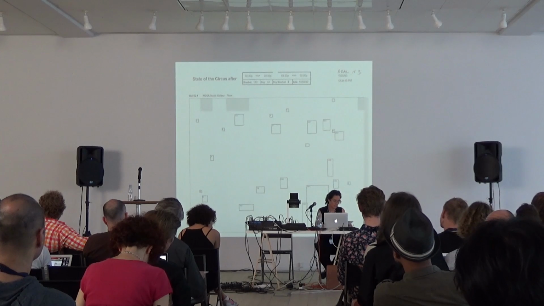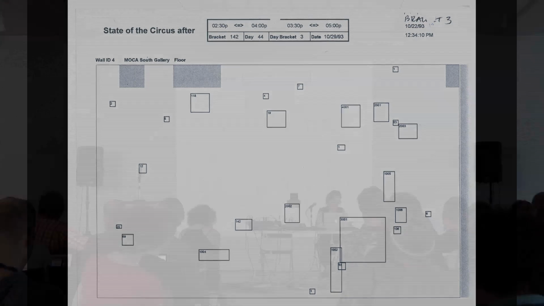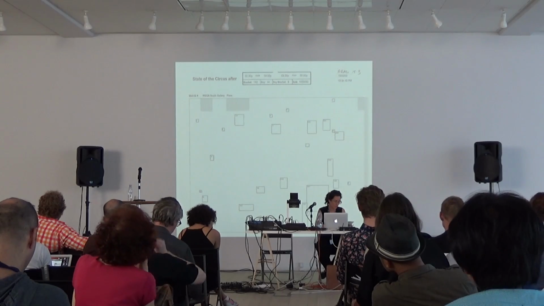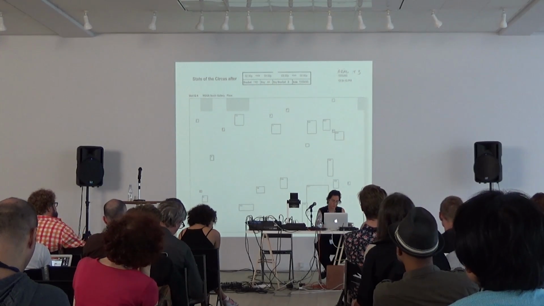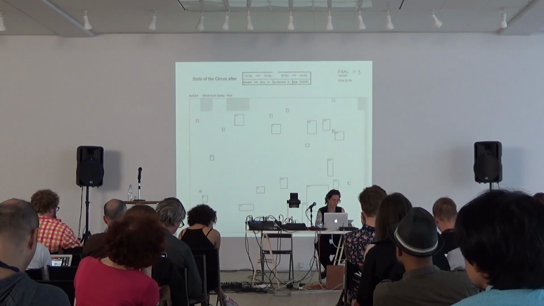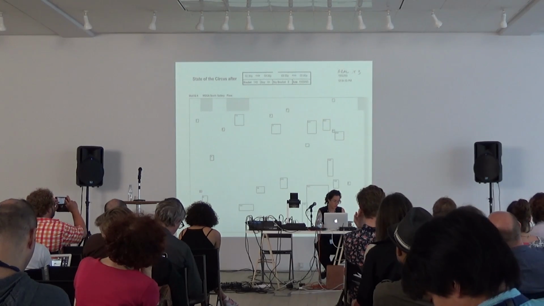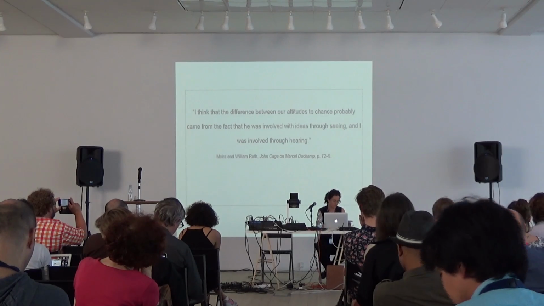When Cage was asked by Moira and William Roth about the differences between Duchamp's idea of chance and his own, he referred to Erratum Musical, saying that he wouldn't be satisfied with pulling notes out of a hat, but that he was delighted with it in Duchamp's work. As such, Cage indicated that he preferred his version of chance to be more intricate, but according to him, that wasn't the main difference in their perspectives.